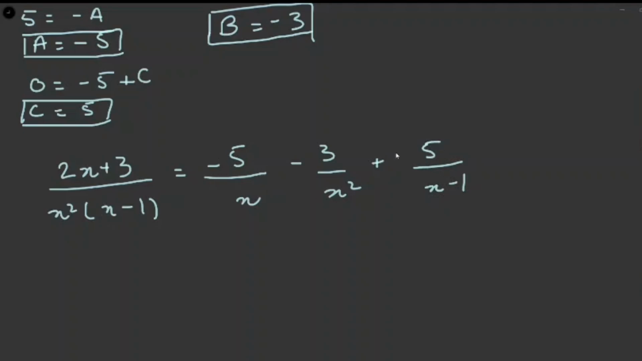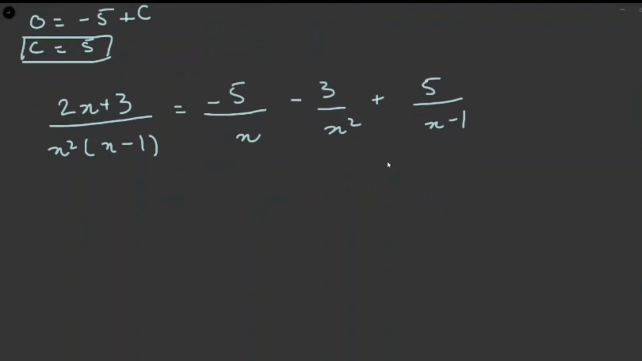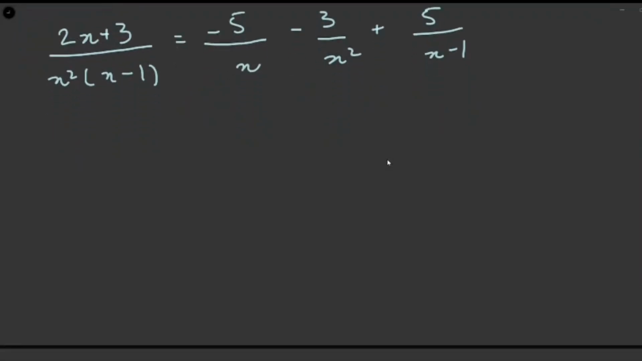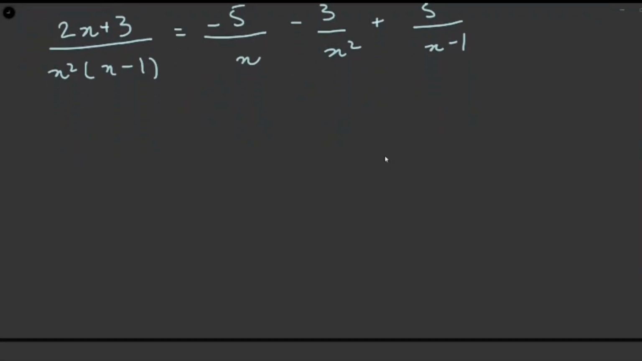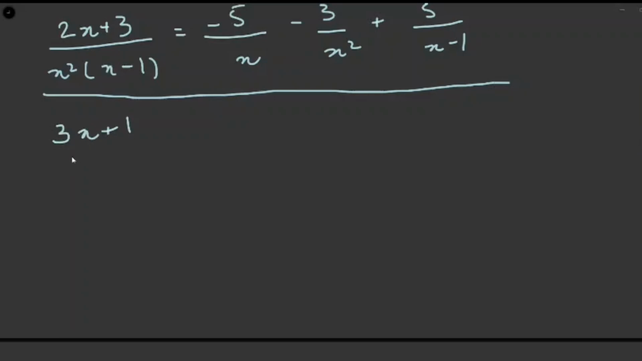So that was it for how to solve partial fractions for repeated factors. Now let's see how we would solve it for irreducible quadratic factors. Let's solve it for that. Let's take an example. We can take this example,